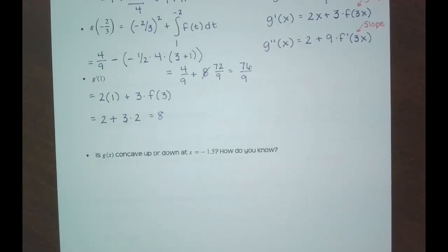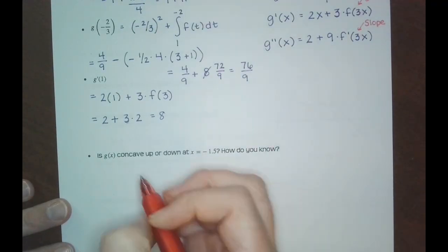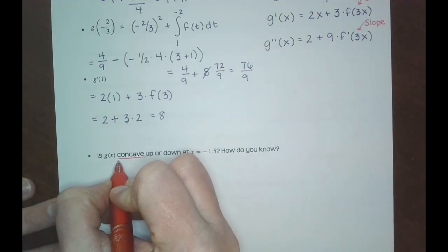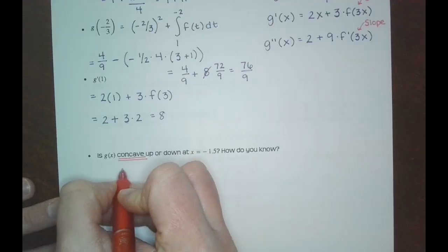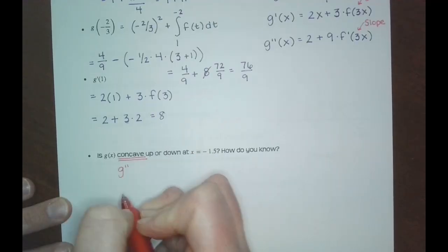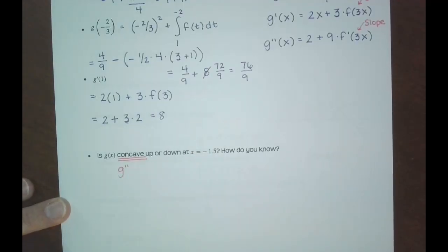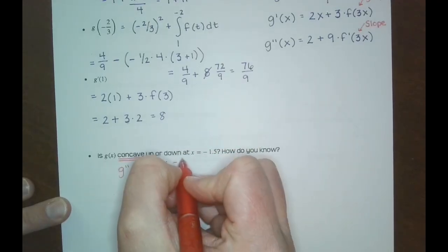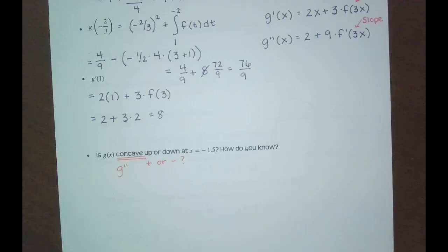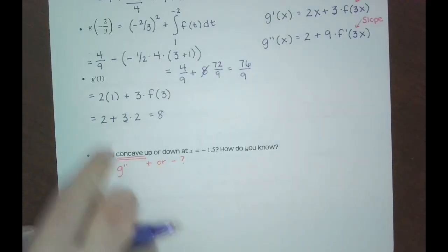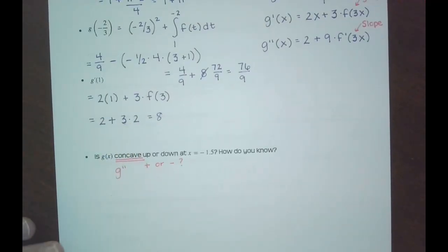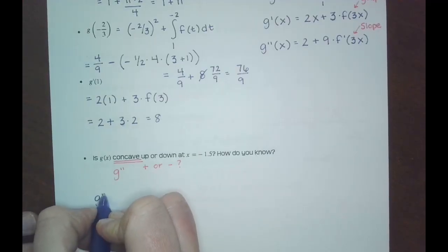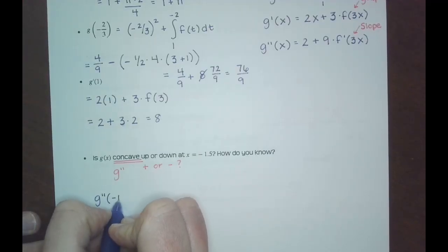Is g of x concave up or concave down at negative 1.5? To answer this question about concavity, what I need to know is g double prime, right? I need to know, is g double prime positive or negative? That's the question that I'm being asked. So it's a sneaky way to ask you another one of these, but with purpose, right? So I need g double prime of negative 1.5,